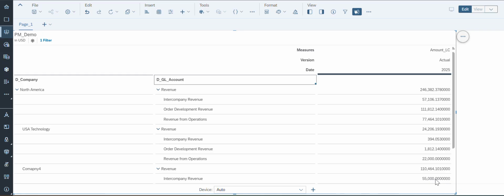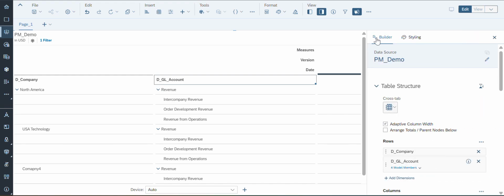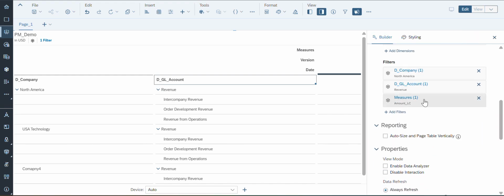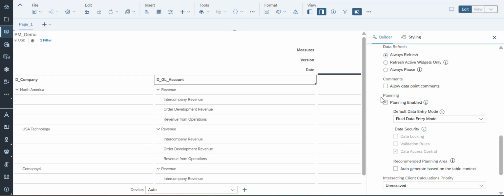Okay, so now what makes an input form, or when is the planning table data entry ready? Open the builder panel, scroll down. There is one option, planning. Under that there is an option, planning enabled. When you add any table into the story, by default this is checked, enabled. So once this is enabled, that means